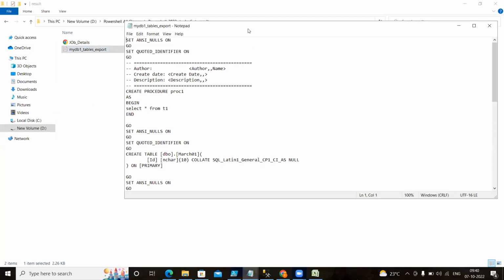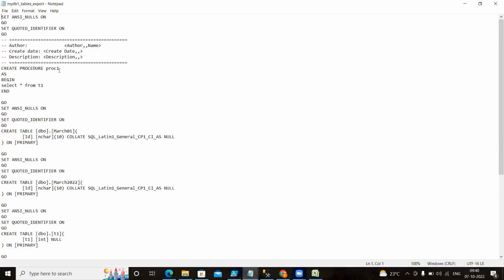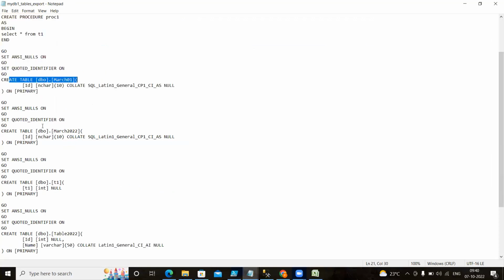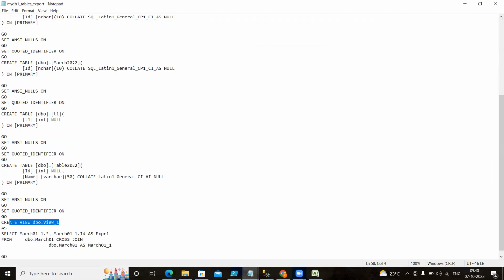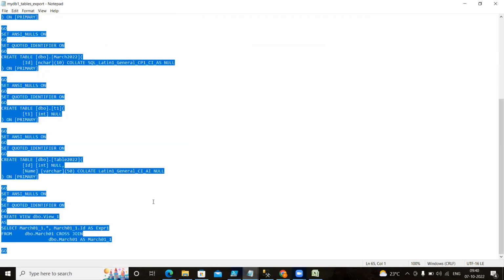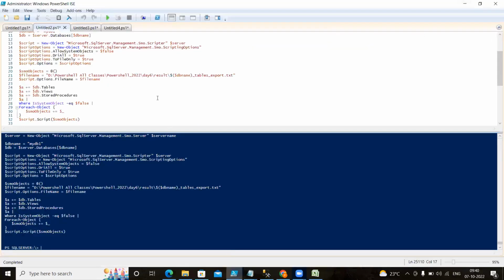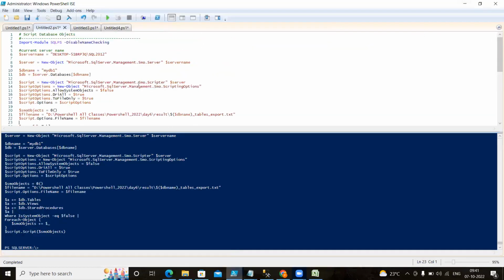It has generated the file. If I double click on that, I can see it has scripted out the tables: create table 1, create table 2, create table 3, create table 4, and the last one is create view. You can directly copy and run it on the other server. You will be able to generate all those tables and the view. Till here, no doubt,